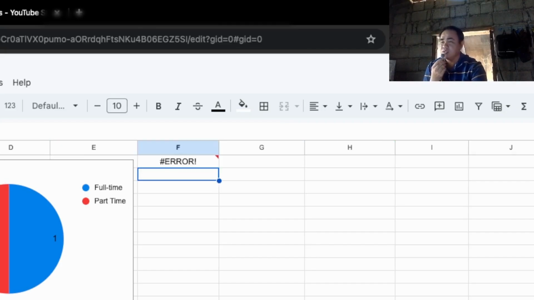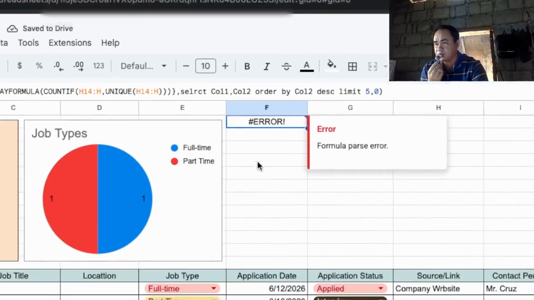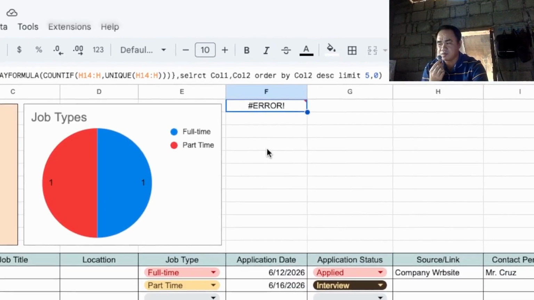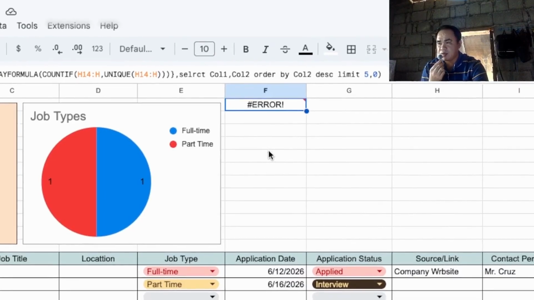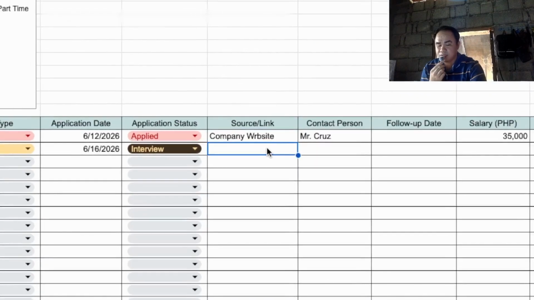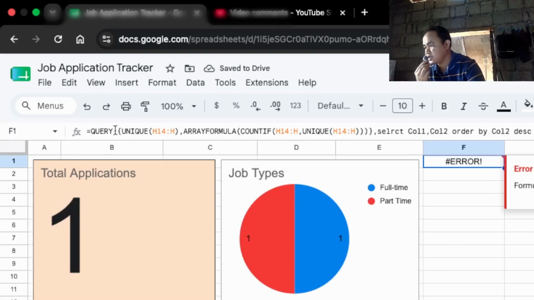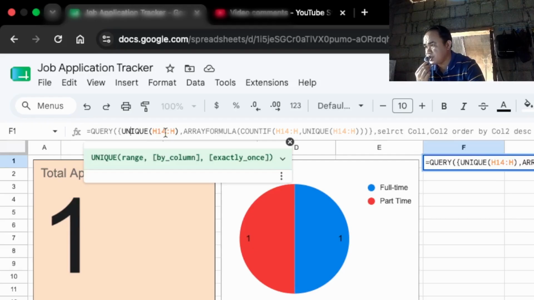Okay, we have here an error. Formula parse error. Okay, website. So let's add some value here. Let's say JobStreet. We have here an error, so we're going to double check this, guys. QUERY UNIQUE H14.